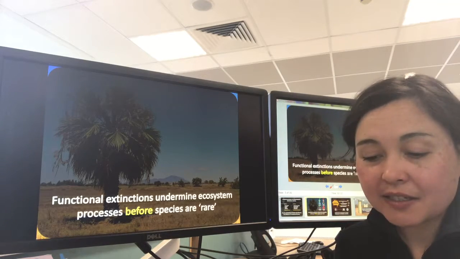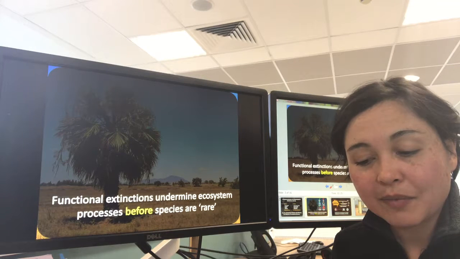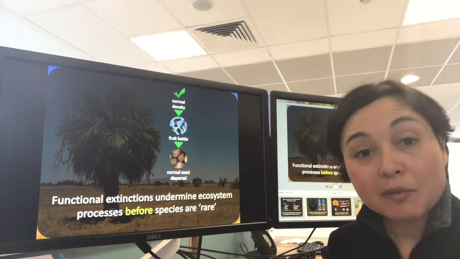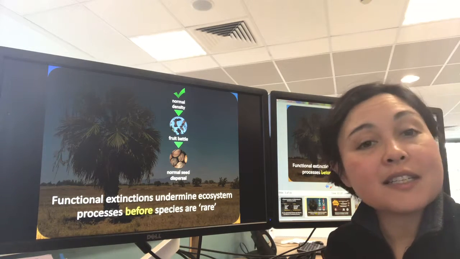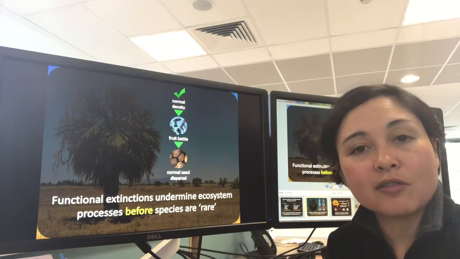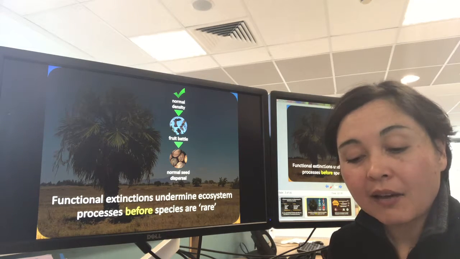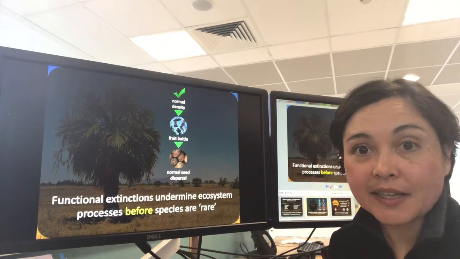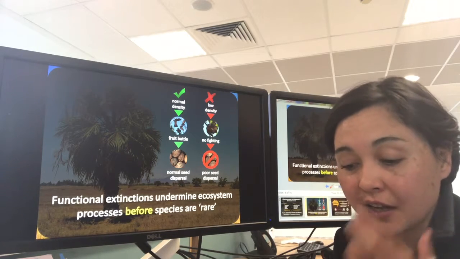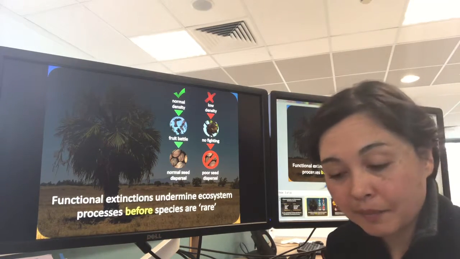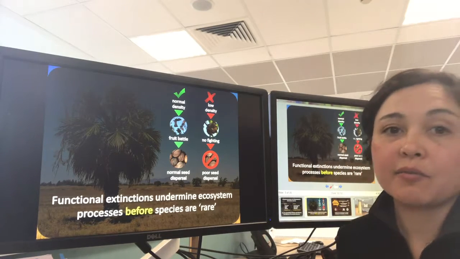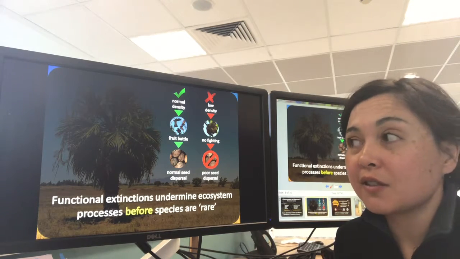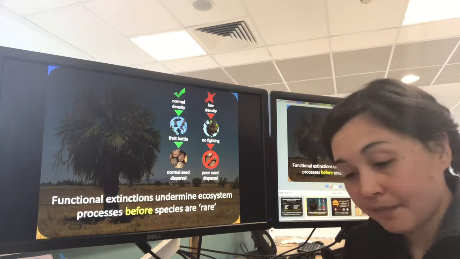In some cases, species can decline to functional extinction, and that can happen before species are considered to be rare. A good example of this is with Pacific fruit bats, where at normal density the males fight over fruit trees, and that results in normal seed dispersal. However, because of hunting and habitat clearance, males have dropped to a lower density, and that's removed the need for them to fight with each other, and that results in poor seed dispersal and no long-distance recruitment of new trees. And by the time the effects of this functional extinction become noticeable, it's often too late to make any interventions.